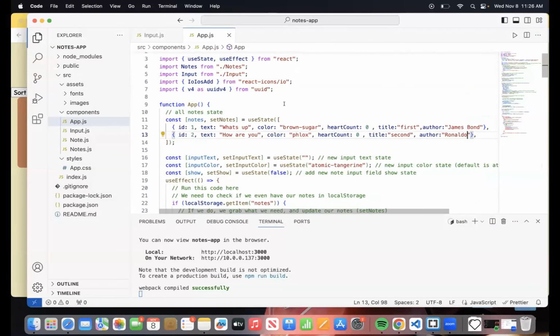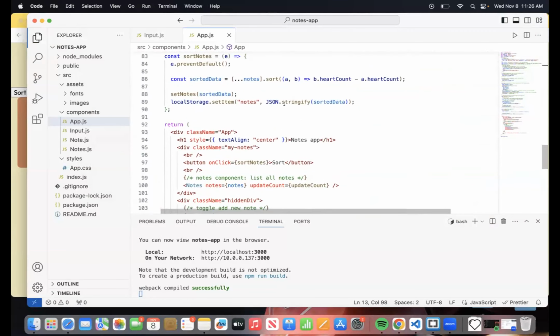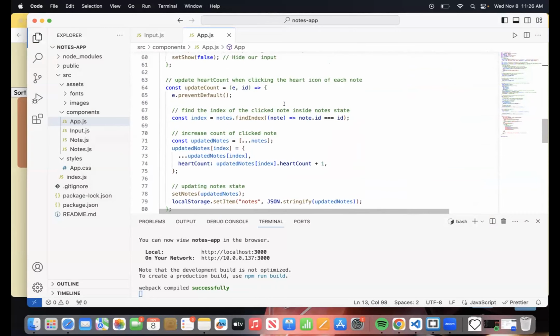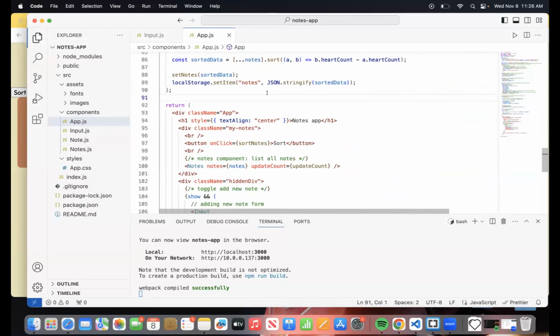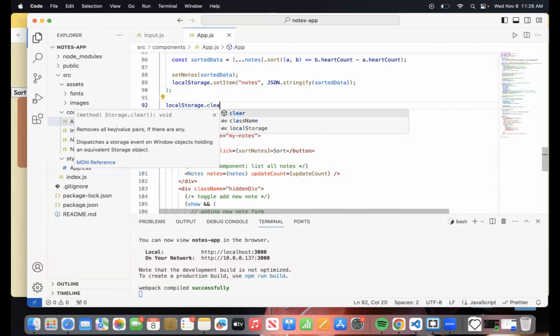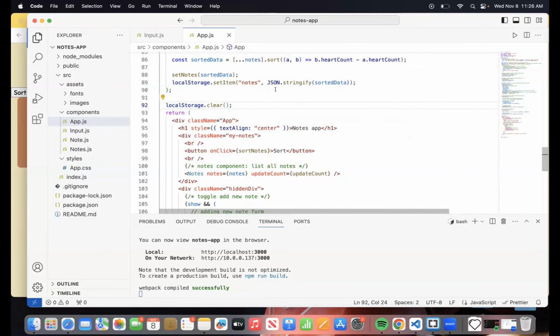It's odd how that's working, because that shouldn't. Okay, so let me do one thing. I feel like I have to hard reset the local storage. This is something that you could use, localStorage.clear.